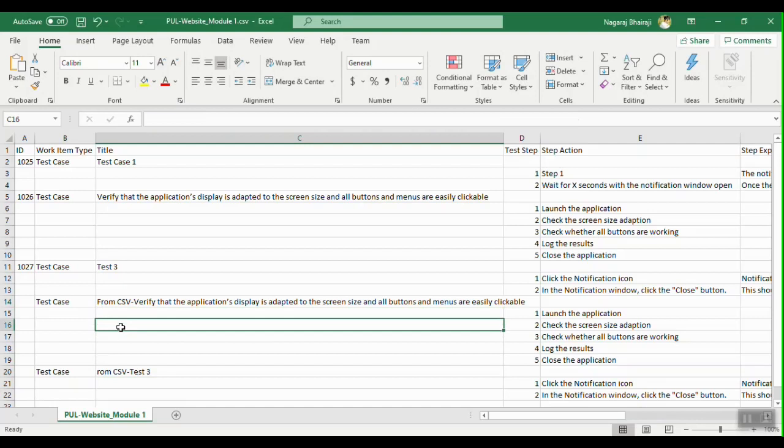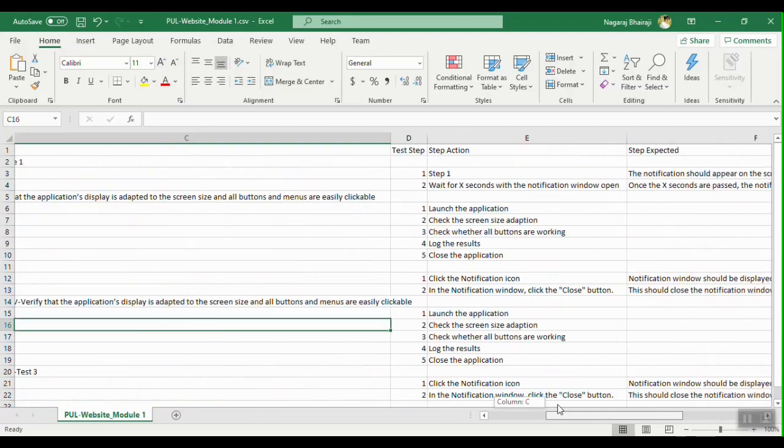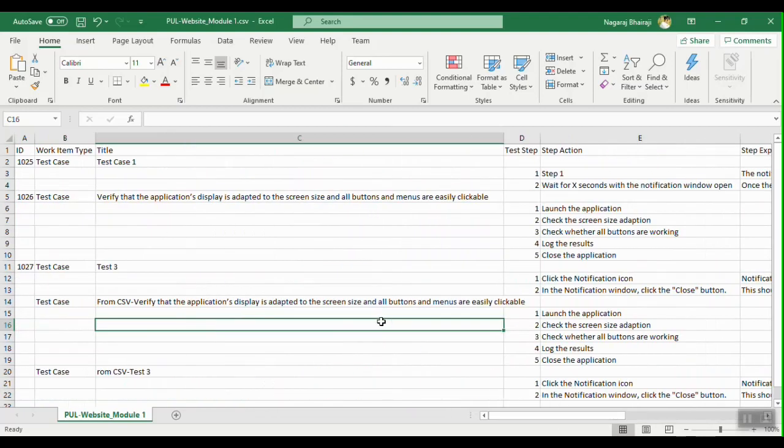Okay, so now I have modified a couple of test cases and I'm going to create a couple of new test cases. The rest of the details are the same. Let me save this and now I'll go to the test plan and import this CSV file to the test suite.